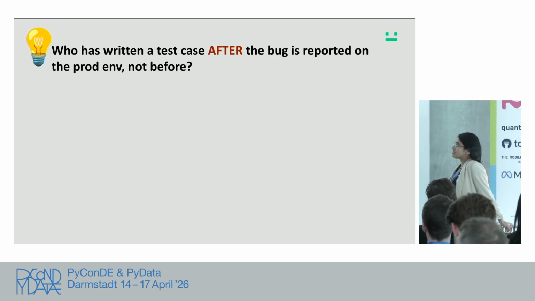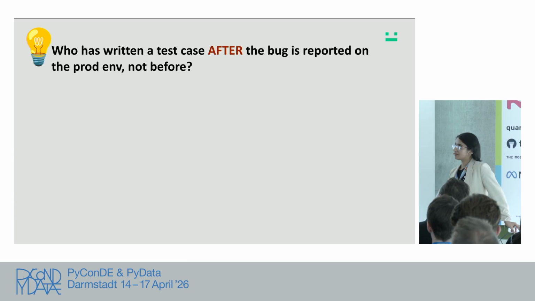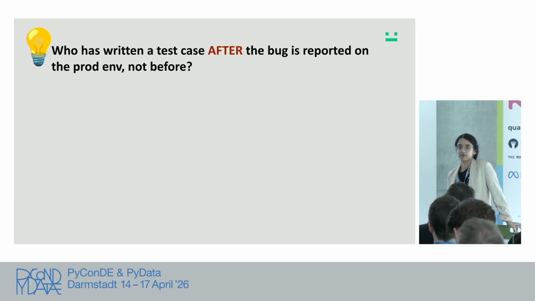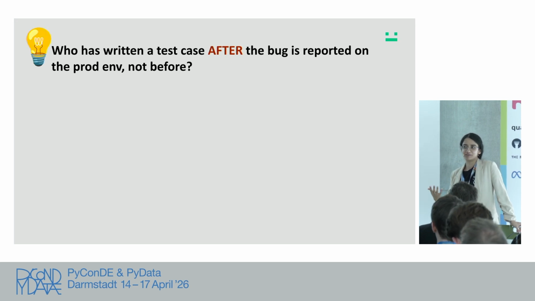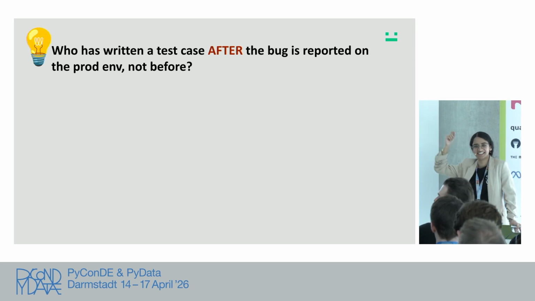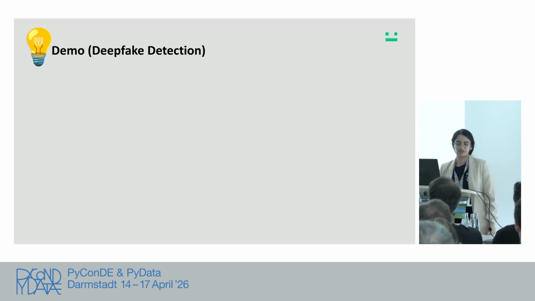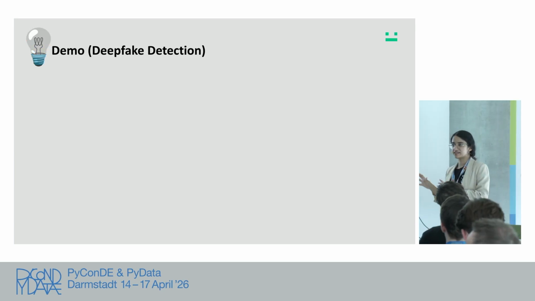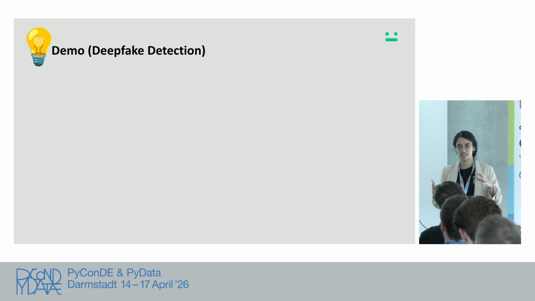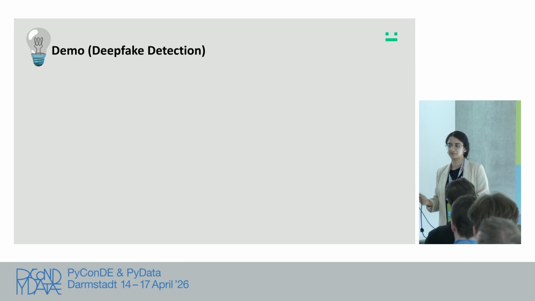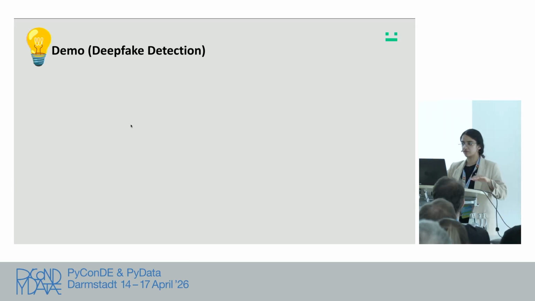Okay, so has anyone ever faced a situation like this, when a bug is reported after some system or model has been deployed in production? I just want to see how many people are in the same phase as me. Good. So when this happens, what are the different techniques that we can follow? I'll give an example of defect detection. I built this defect detection for one of the clients, and we got to know that our model was not able to detect for their system altogether. I'll give a brief glimpse of how we achieved it.